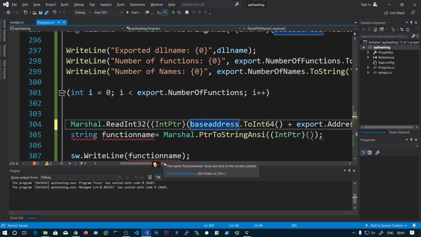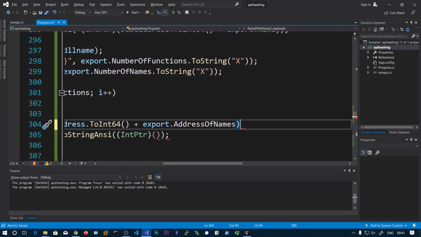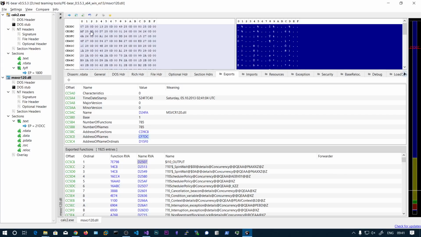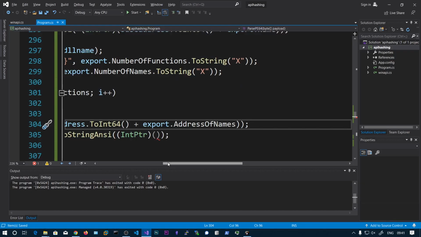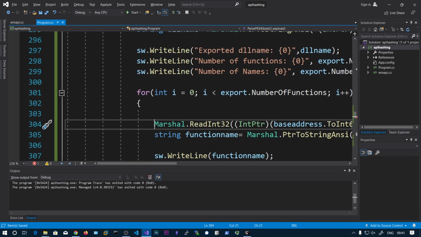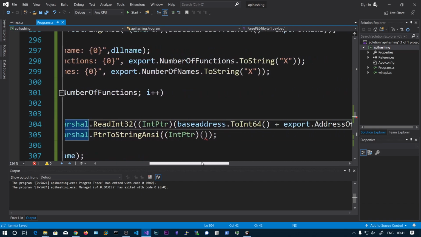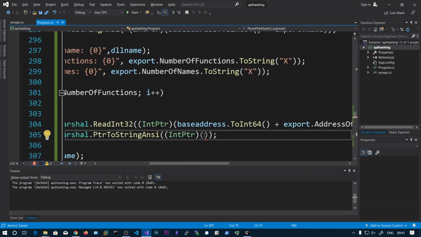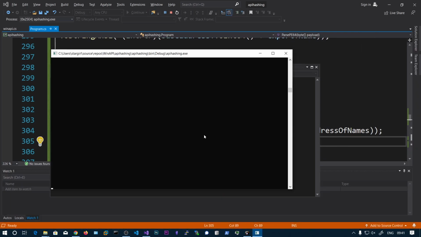Now I am reading that address. Now I get the value, this D2507. So that will be stored in, let's say, int functionOffset. I can say functionOffset. If I go and run this,